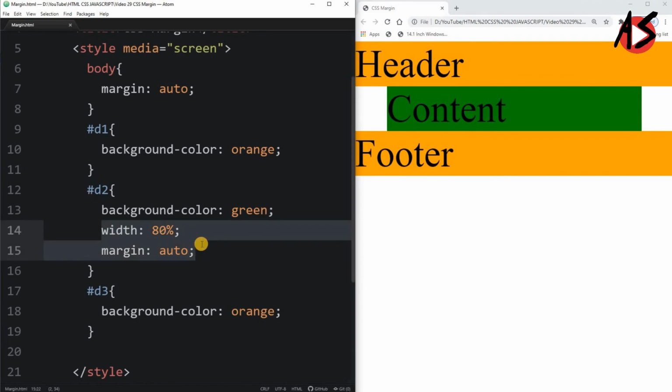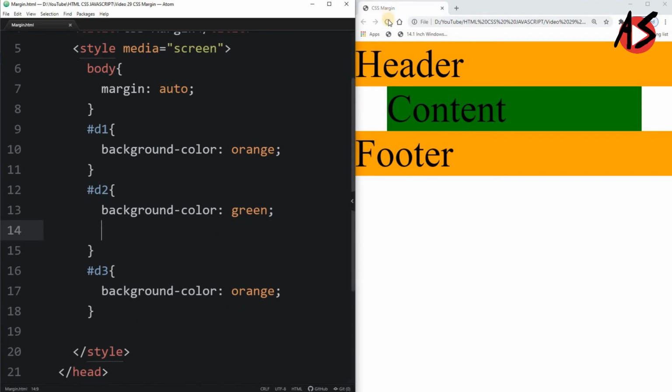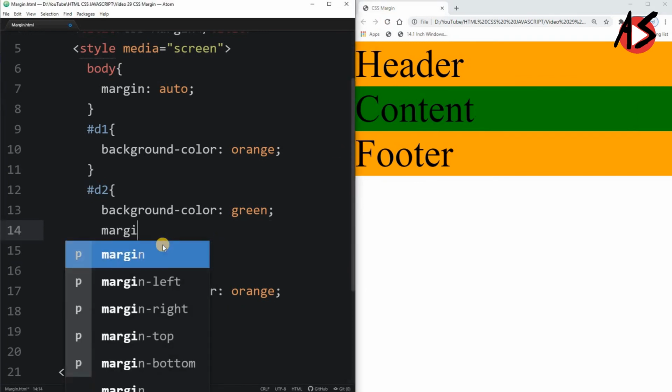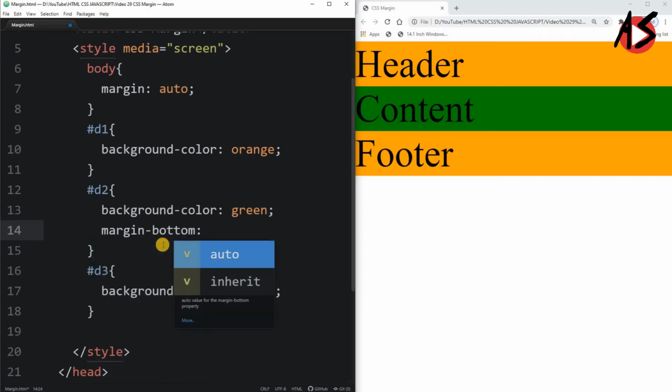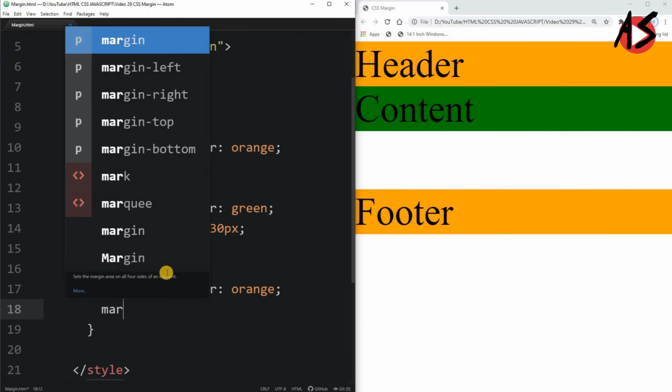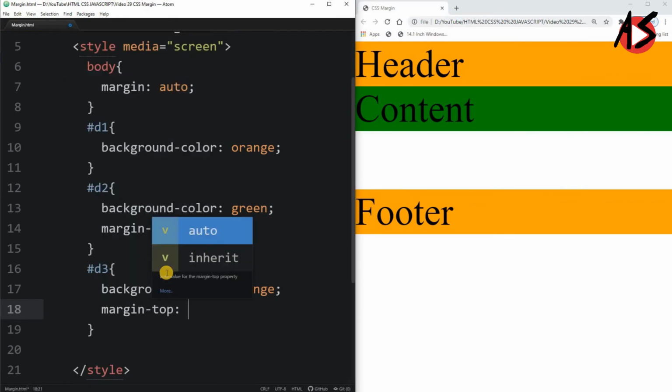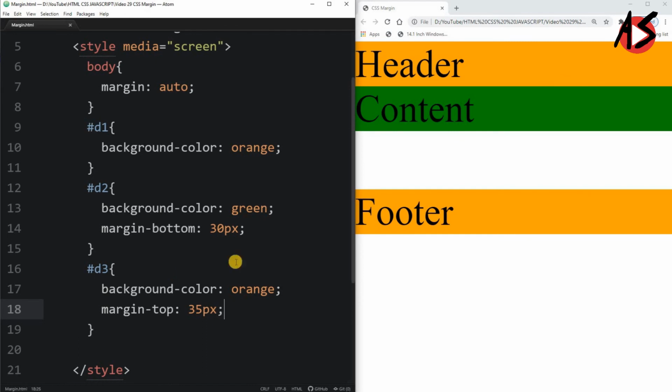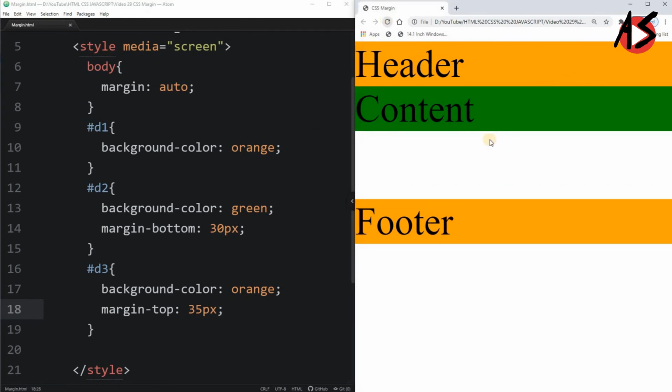Now here one more thing we will see, that is suppose I am writing margin bottom, that is 30 pixel, and refresh the page, so you can see there is a 30 pixel margin here. Now suppose I am taking the third division margin top equal to say 35 pixel and refresh the page.